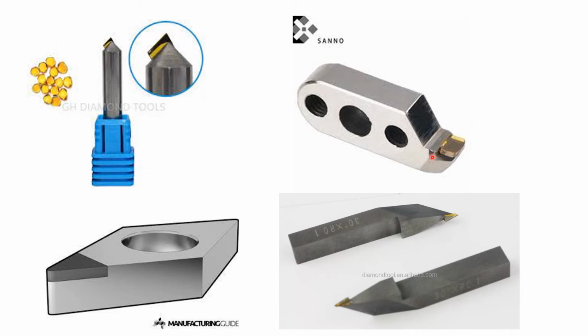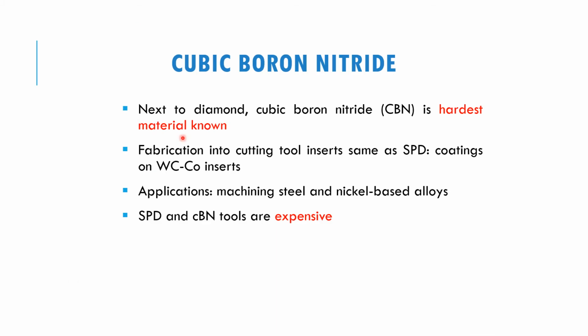This one also, the insert is created into a small insert here. The same as this one, it can also be brazed on the area here on the tip of the cutting tool for the insert. For example, the whole thing is cemented carbide, and then they braze the diamond on the tip here for the machining process. Next to the diamond is cubic boron nitride, CBN, which is the hardest material known for